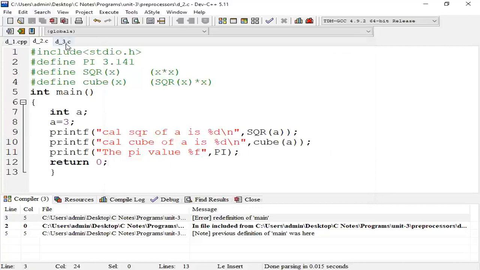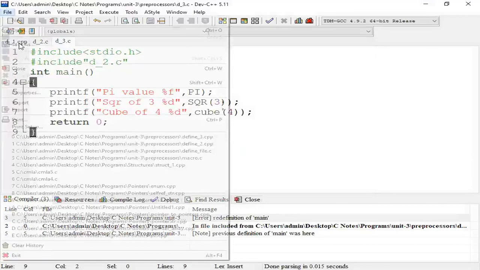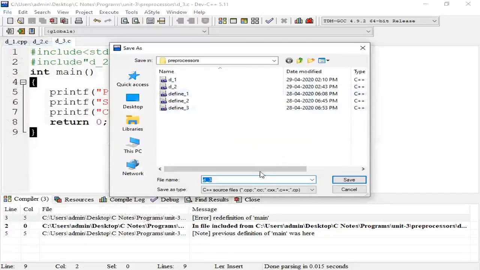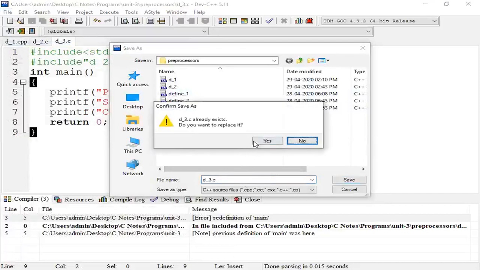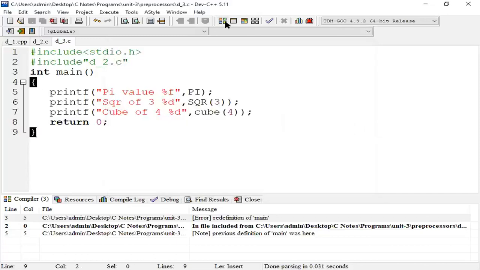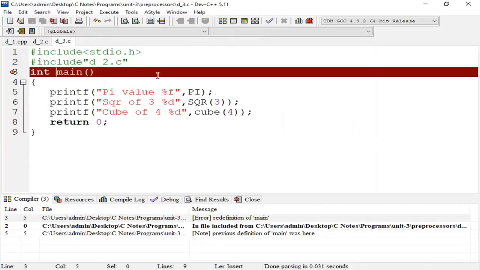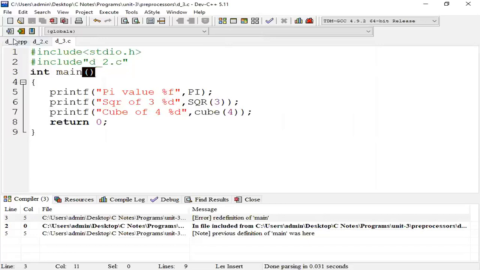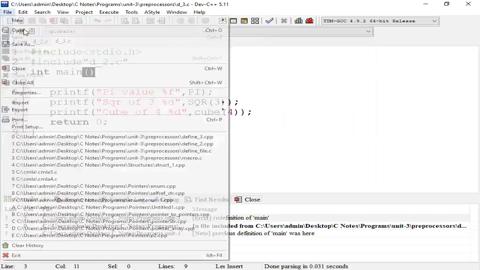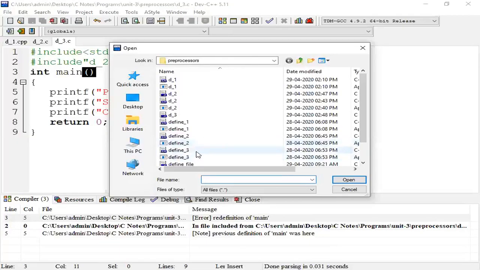I have to save this file in the same path. We are getting an error again.